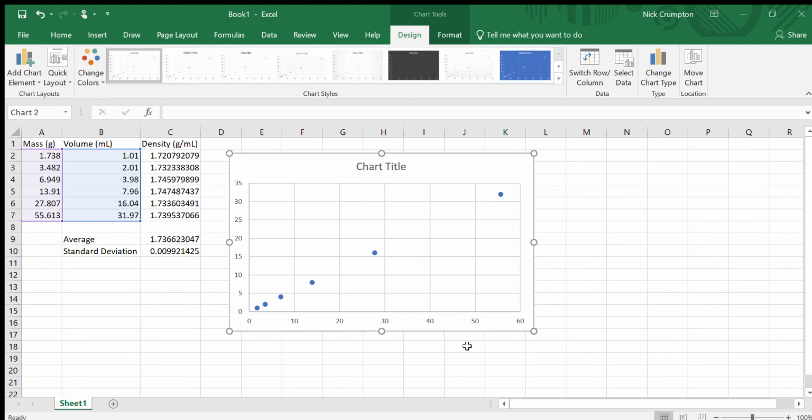So I'm going to go ahead and add some sort of chart titles and stuff. So how to do that? Well, it's got a chart title, so I can click this and double click in here, and this could be called like density of an unknown metal. Let's say I weighed out a metal,